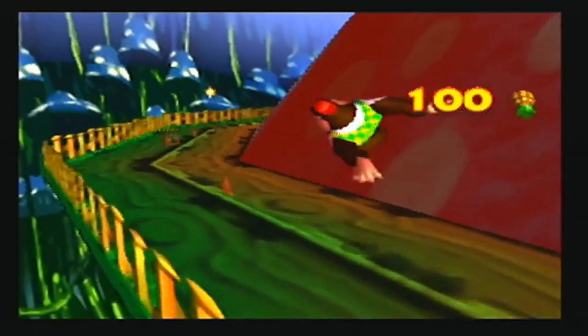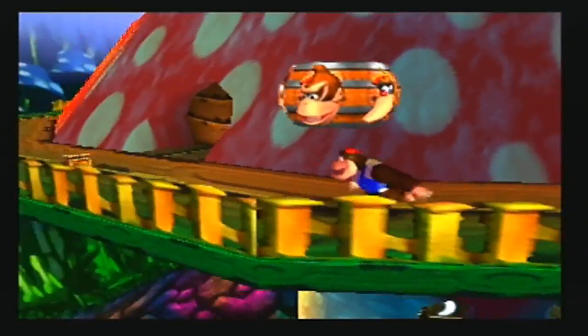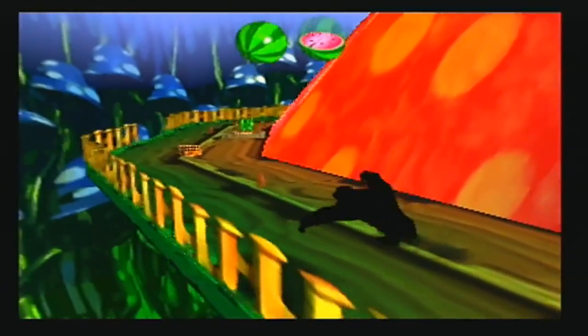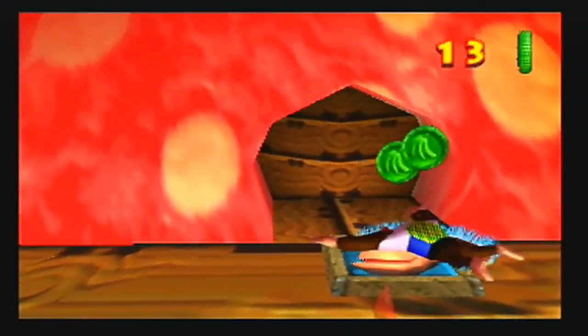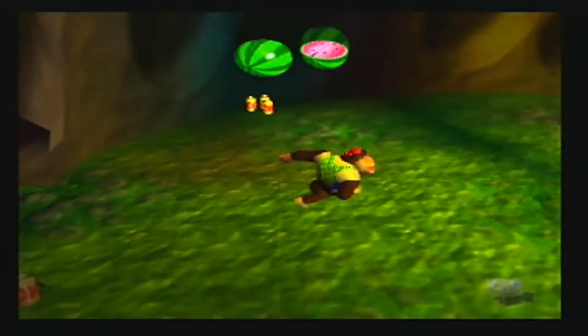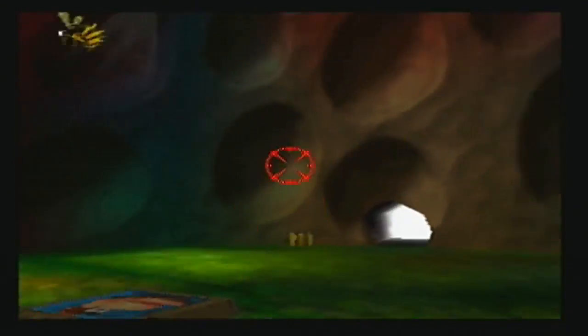Alright, Chunky does have something to do up here, I think. Doesn't he? Yeah, he does. There's a switch over there. We need the Super Simian Slam to do this. The reason I like to come to this mushroom area first is because if you play the way I play, at least, there's nothing you need to do here at nighttime. So it's definitely an area you'll want to hit anyway for this route. And